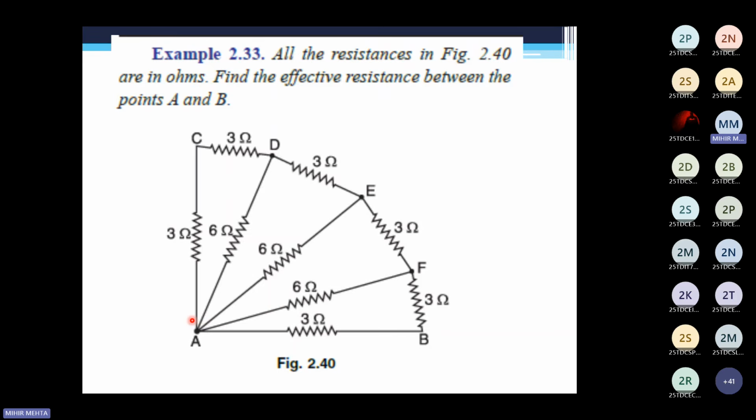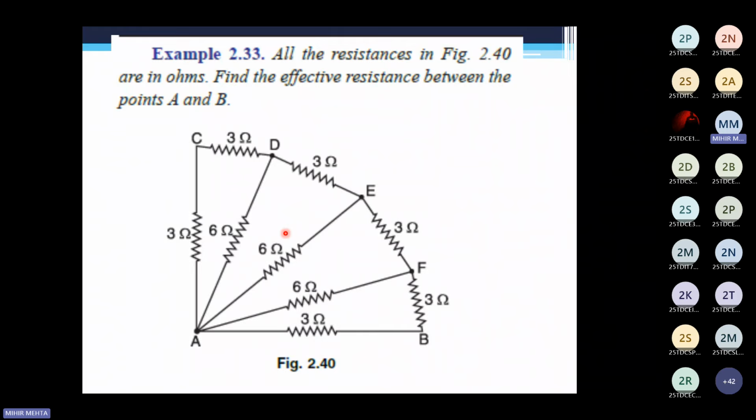Now just have a look at this. If you need to find out the resistance here, you start from the opposite end, that is this end. If you see, my 3 ohms between A and C is in series with 3 ohms between C and D. So 3 plus 3 becomes 6. 6 parallel 6 again becomes 3. Then the overall resistance between A and D becomes 3 ohms. 3 in series with the 3 ohms resistance becomes again 6. 6 parallel, this 6 ohms resistance between A and D again gives me 3 ohms as the equivalent resistance between